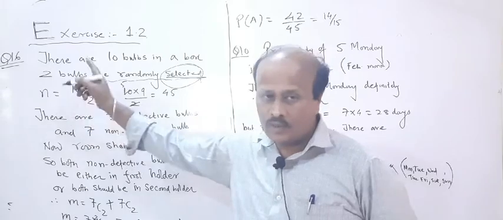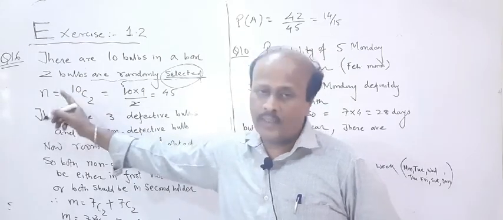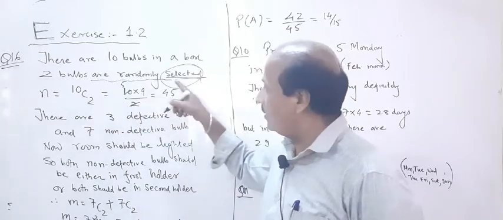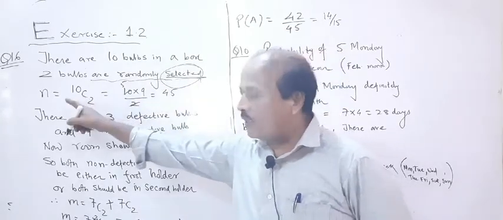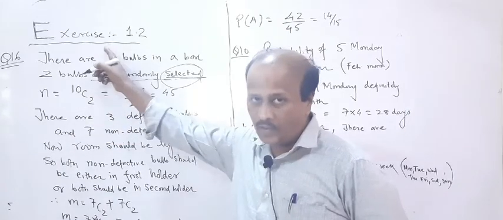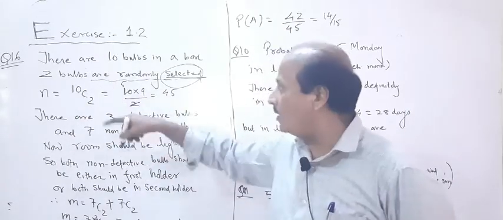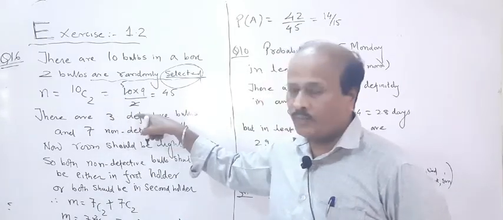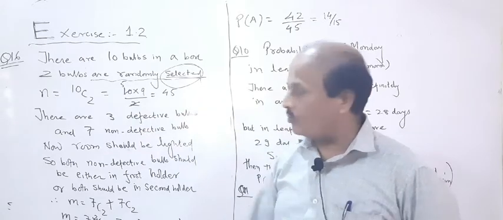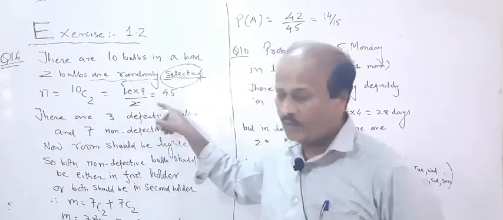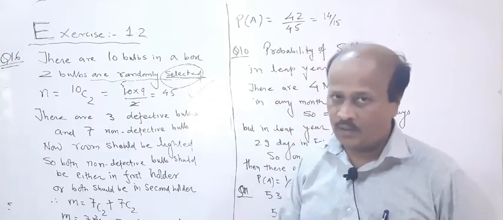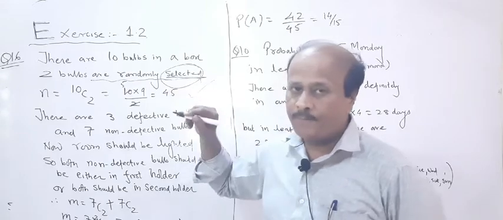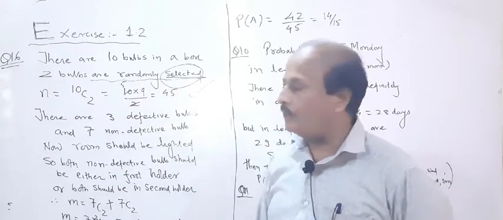So first of all, in such type of question, always try to find n. N means the total number of outcomes. According to 11th class, since the event is selection, n will be 10C2, 10 options out of which 2 are to be selected. Remember the formula I told you in 11th class: 10 into 9 divided by 2, so it will be 45. So the total number of outcomes is 45. This calculation is according to the 11th class, so whenever you do this chapter or its questions, just revise combination and permutation.